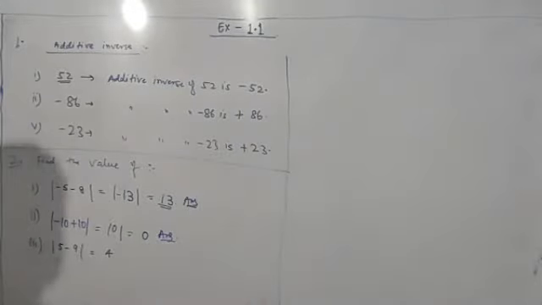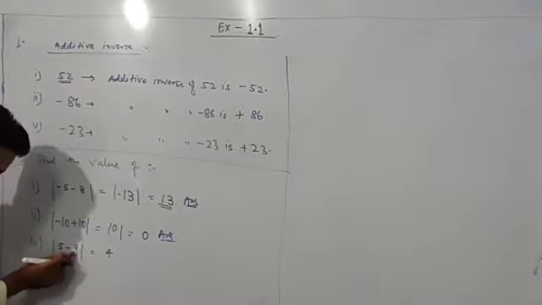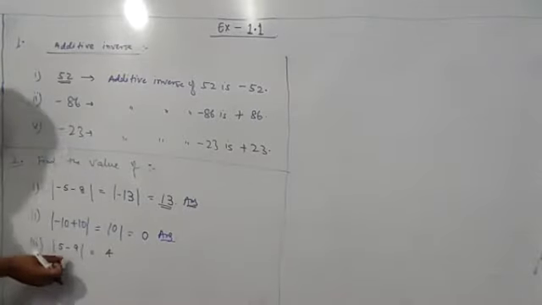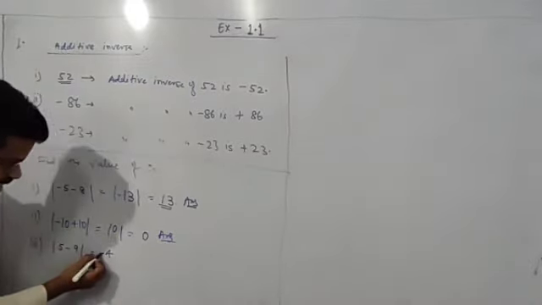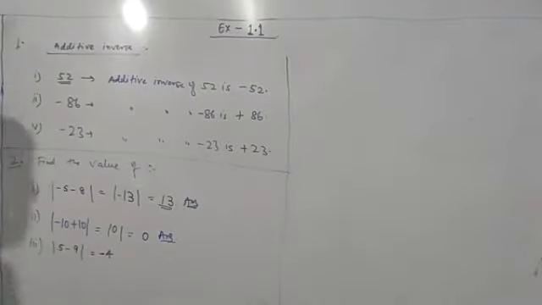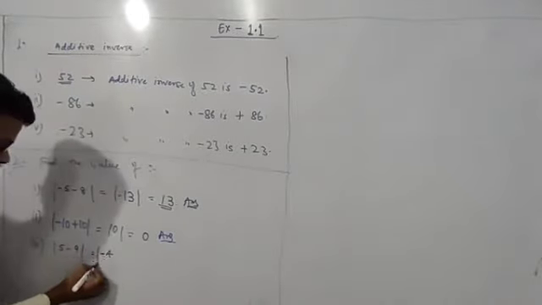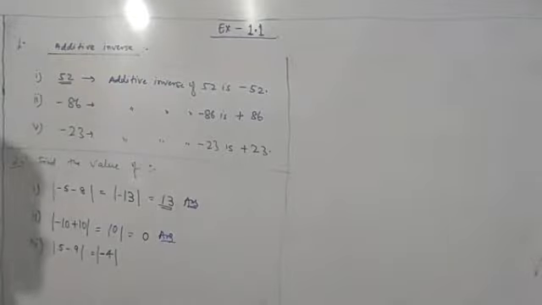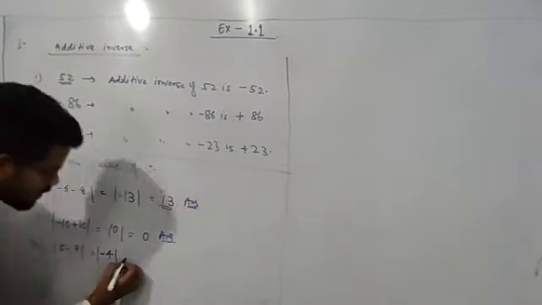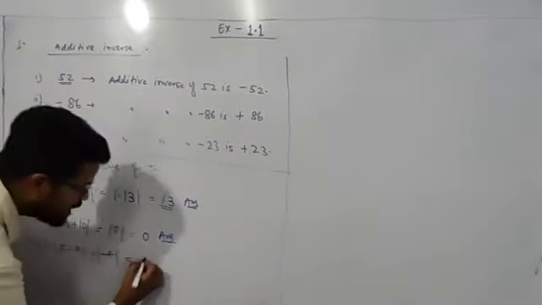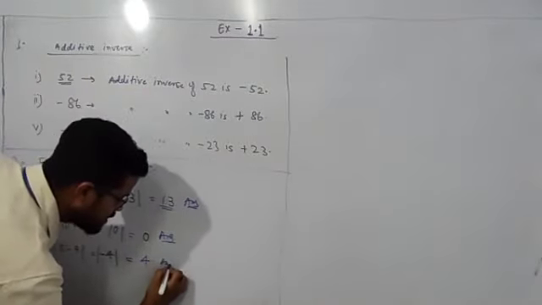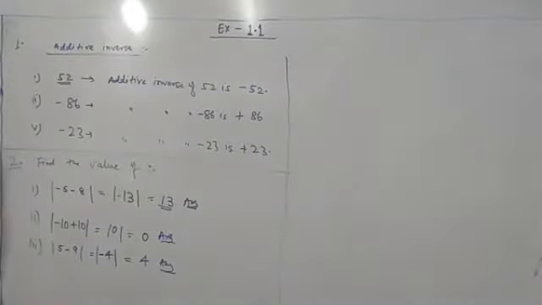Now, what I said to you in the previous class: here this is plus and this is minus. Which is greater? 9 is greater, and before 9 what is the sign? Minus. So here we put a minus sign before the answer. This is -4, and where is this -4? Within the mod. So any value, when it comes out from this mod, becomes positive. So the answer is 4. Okay.